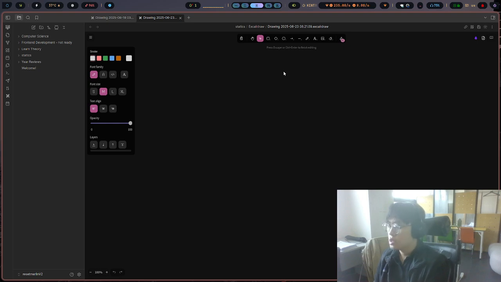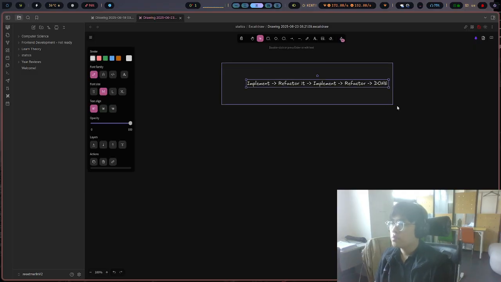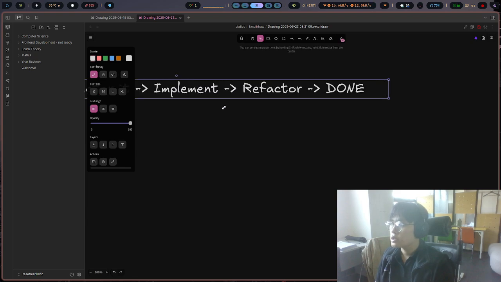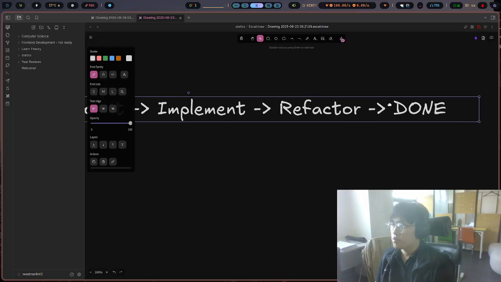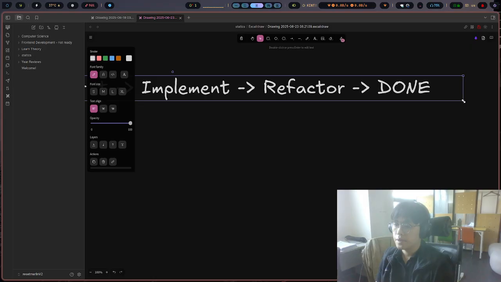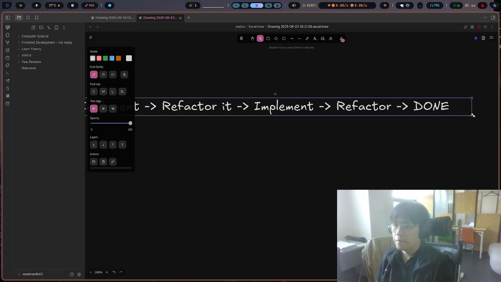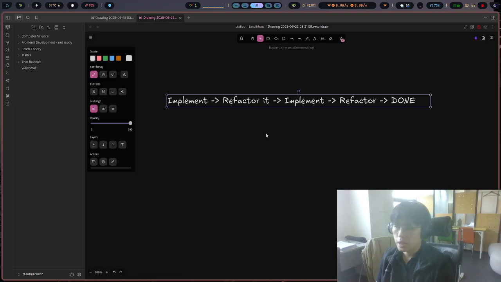So my issue was: implement first and refactor it, and implement and refactor and done. About 6 months ago, my problem was I just implemented it first rather than thinking about what good code quality is. And now I've changed it like this: